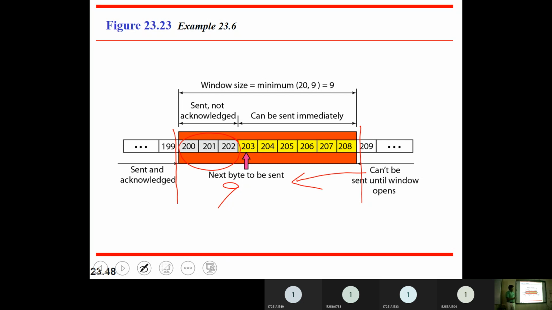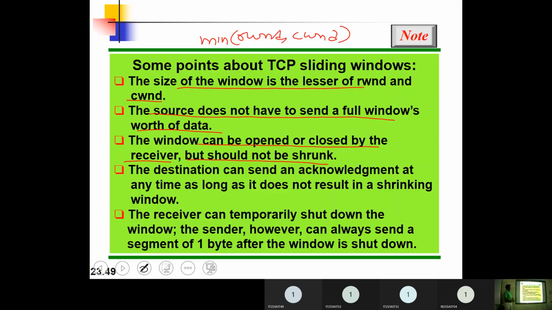Okay, I hope that is clear. So I have given an advertisement, like I can receive till 9 bytes, that is till 208. After that, I cannot say I will be able to receive only till 205. The window can be opened or closed by the receiver, but it should not be shrunk. It cannot be decreased.